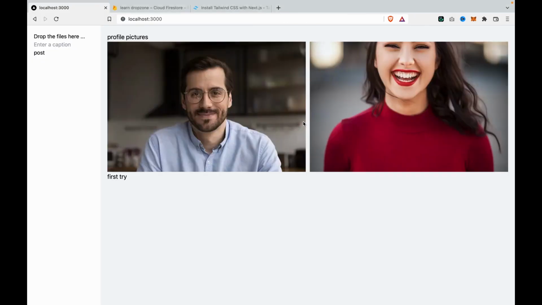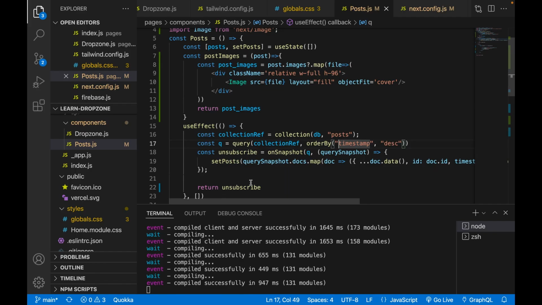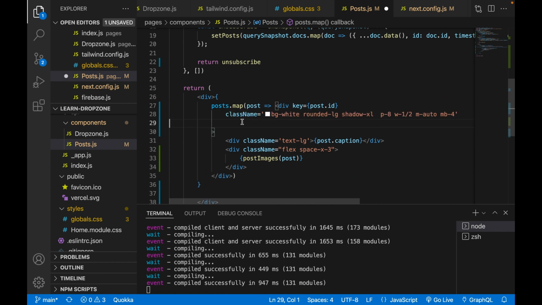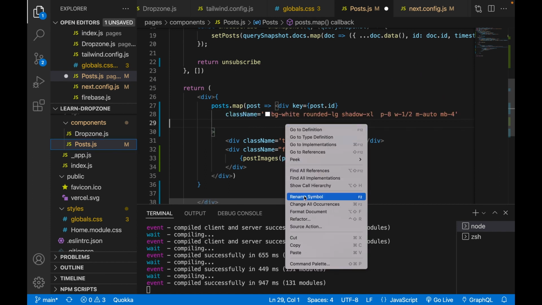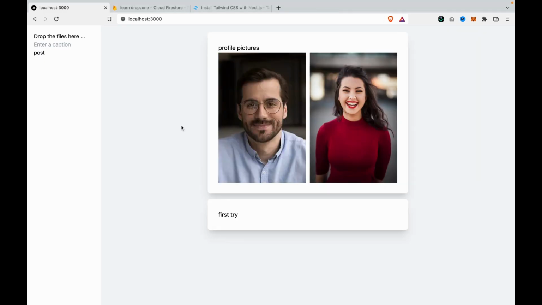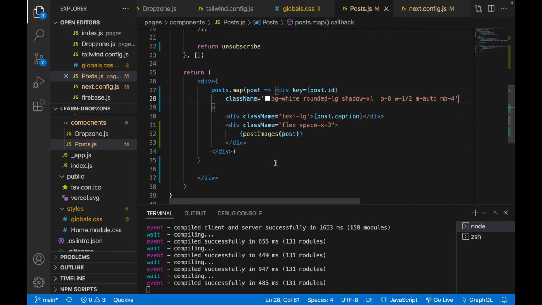So now we can see the image, but this is not very pretty, so we have to add some styles to the div to control the post. The class with background white and rounded corners, and with shadows, the padding, and the width is 50%, and the margin auto, so it is at the center of the right side, and we also have margin bottom 4 units. So now we can see the post is much prettier,